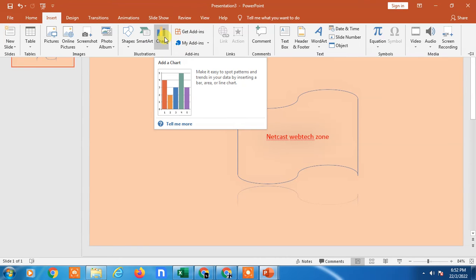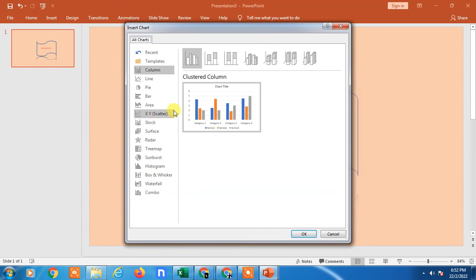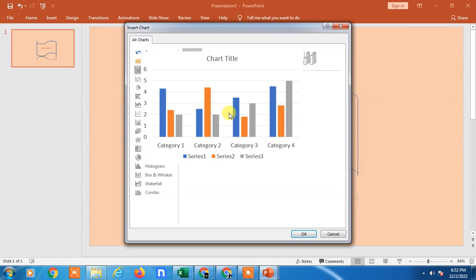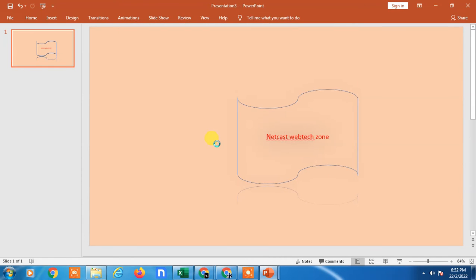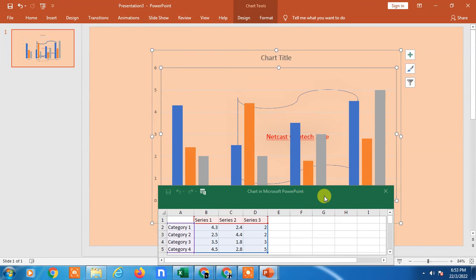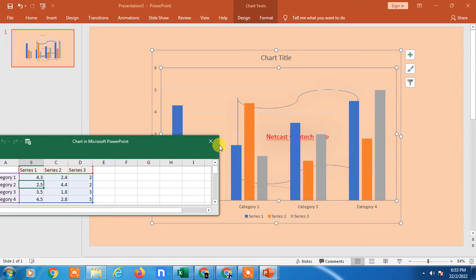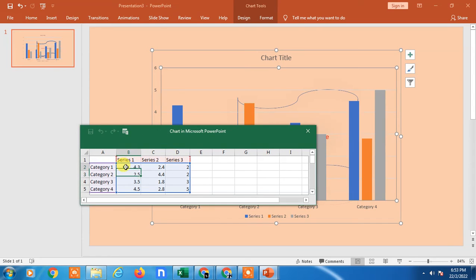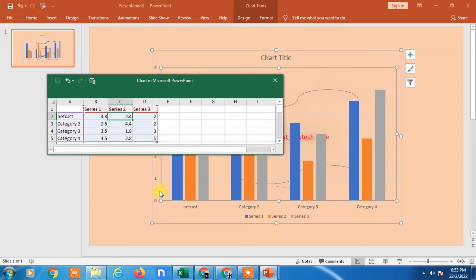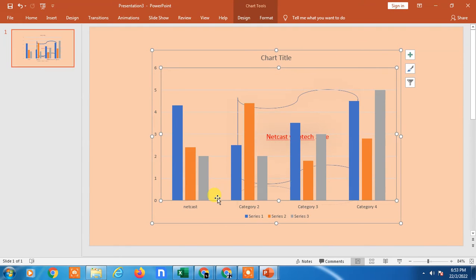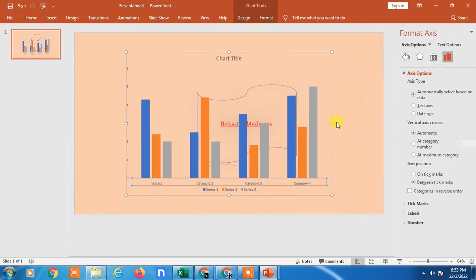slides. You can insert a chart also. Okay, so you can choose column. Okay, now Excel will open. Now you can change the categories, this category name, and this is a series name, and you can change it and save it. Okay, if I change it to Netcast, then here it will be changed and I can save it. Okay, it will automatically save. Okay, you can see. If you want to edit again,